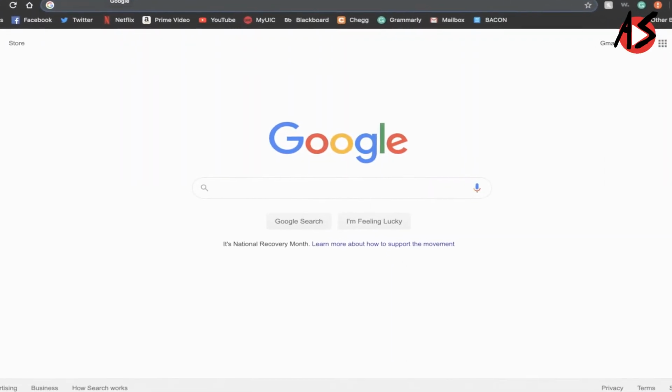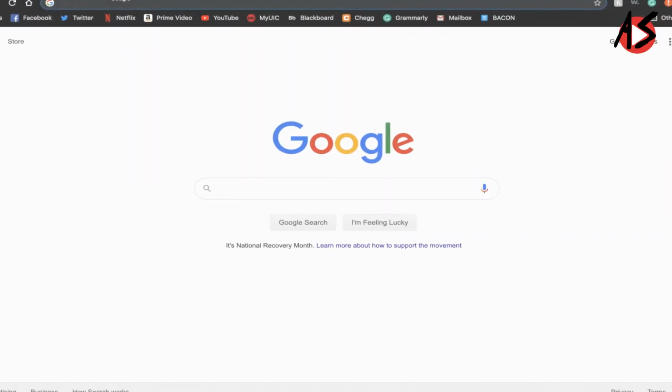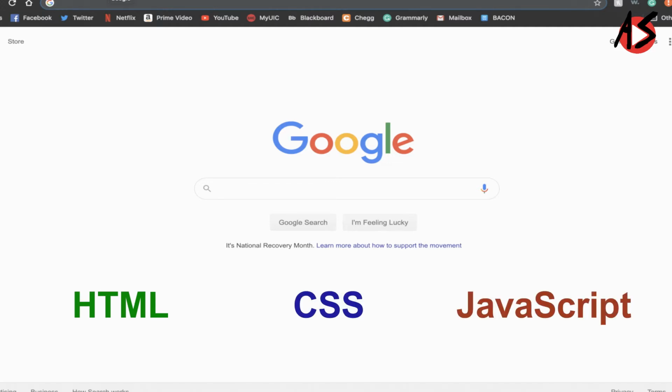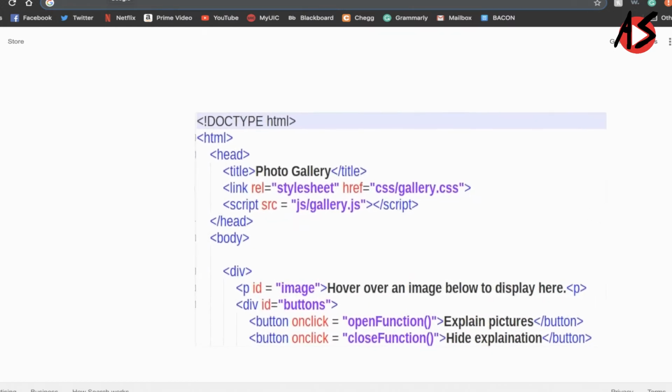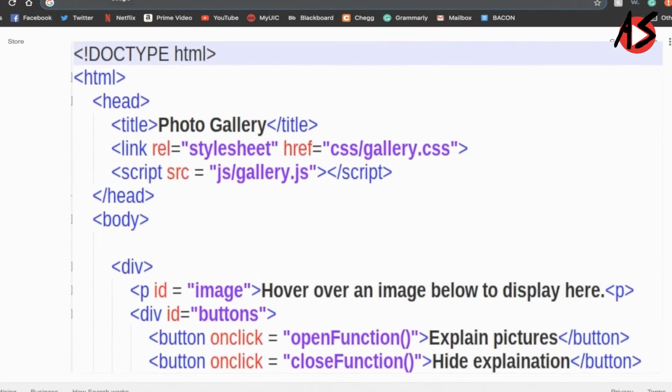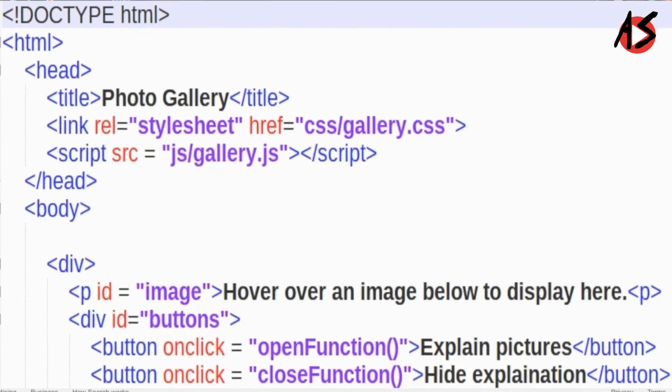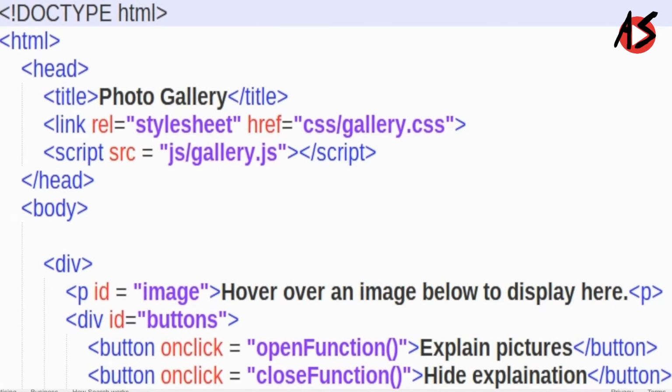So, in this video series, we will learn what HTML, CSS, and JavaScript are completely. If you see any web page code, you will find lots of HTML code like this. HTML is hypertext markup language.